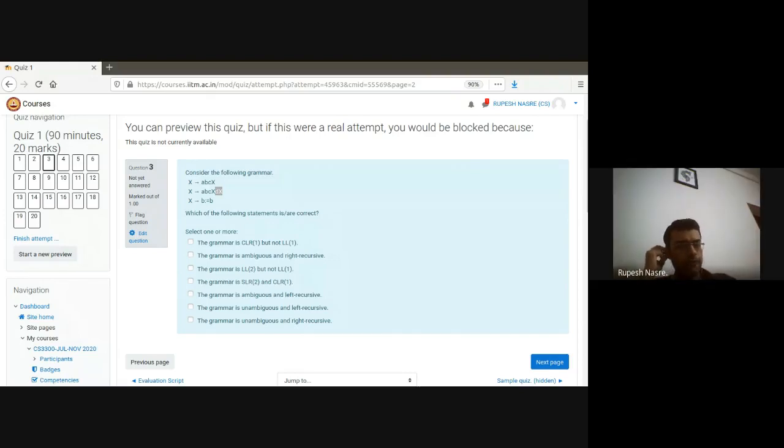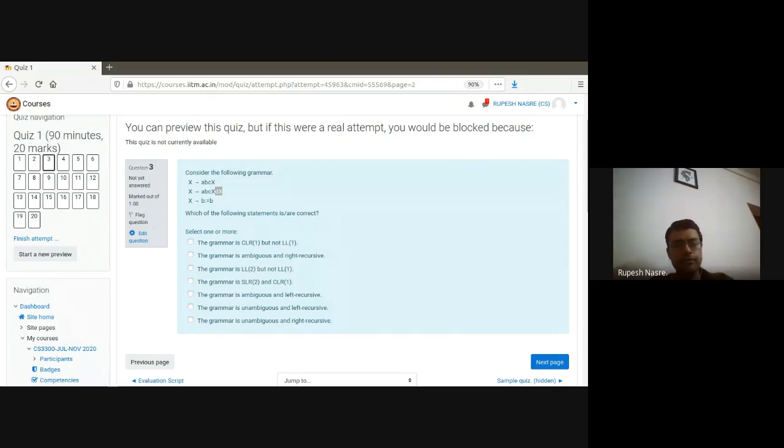Yeah, so if at all it so happens that even with backtracking you are getting multiple parse trees, that means that the language is ambiguous. We are saying that if the language is unambiguous and the grammar happens to be ambiguous, but you are using a parser which does backtracking, it is guaranteed that eventually it will get the correct answer. Okay, so I think we have answered all of this. Let's move ahead.